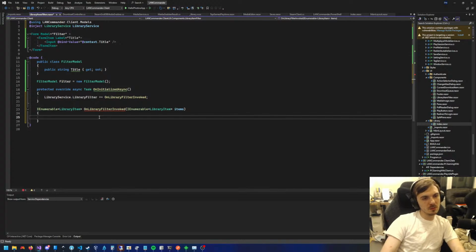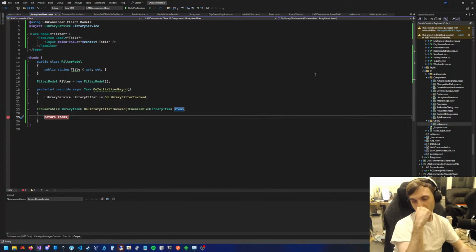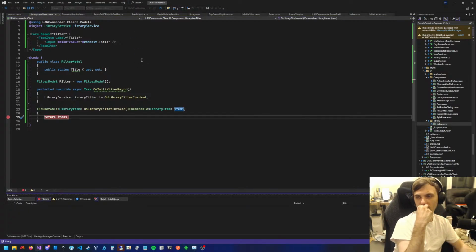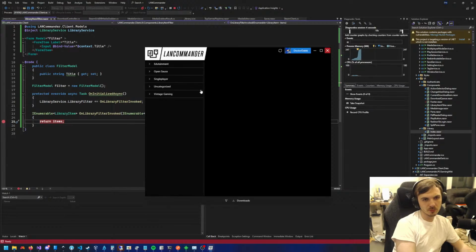Okay, so what we can do is library, return items. So we're just going to hook this up like this. We'll set a breakpoint here, and then we'll make sure that this is fired when we load stuff out of the database. I think it should happen immediately depending on when the database context is initialized, instantiated, whatever you want to call it. But it doesn't, that's fine. If we do an import,